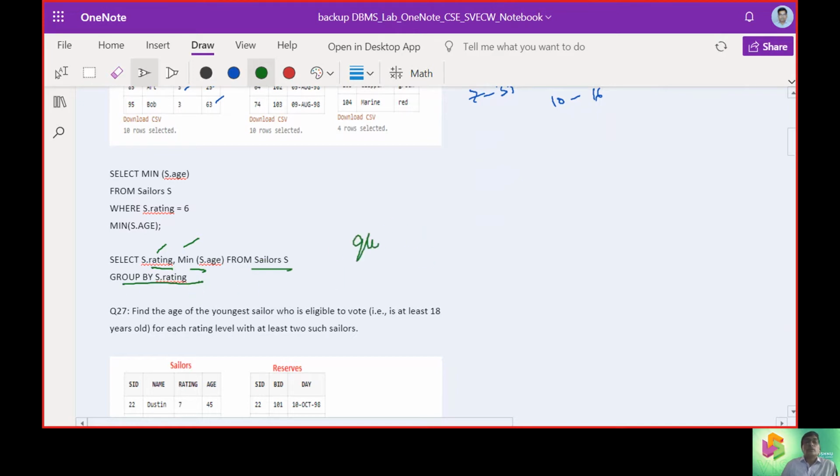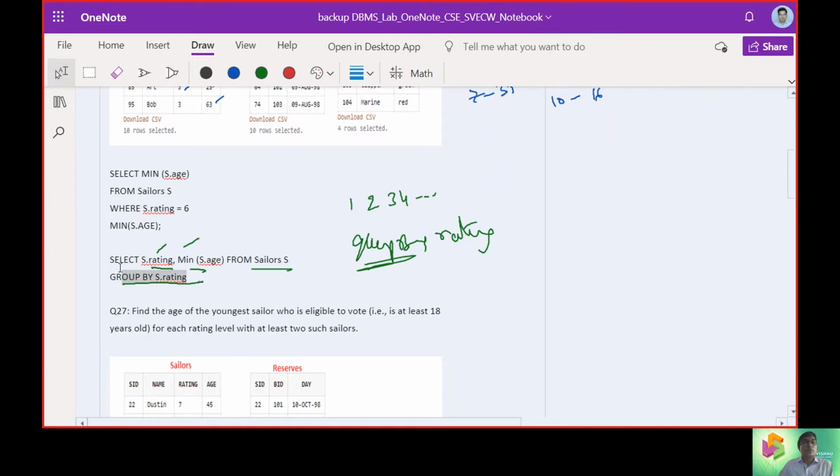Now we are going to use the group by rating clause. Group by forms the first group, second group, third group, fourth group, and in this way it moves on and generates the answers.